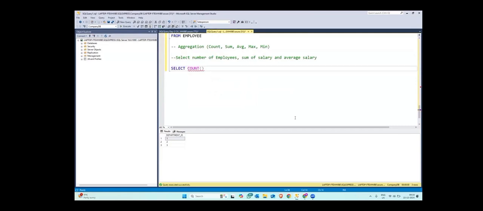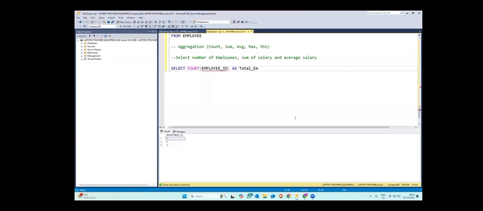What will we count if we want to get the number of employees? Which column should I be counting? What do you think, guys? Employee ID. Because it is unique. If I count anything else, let us say I use name, then if two people have the same name, it will give us some issue, right? So employee ID